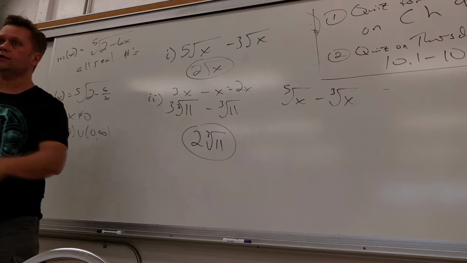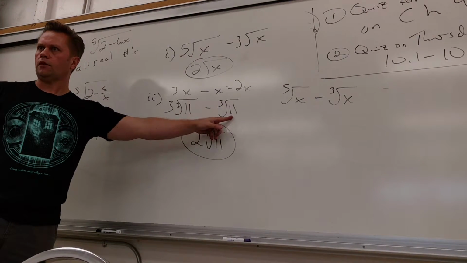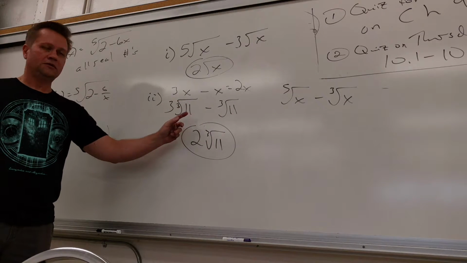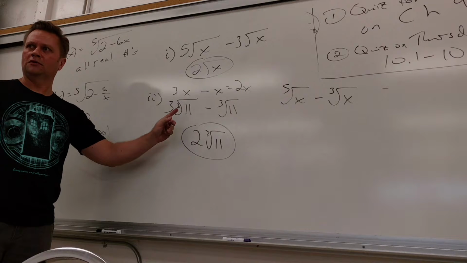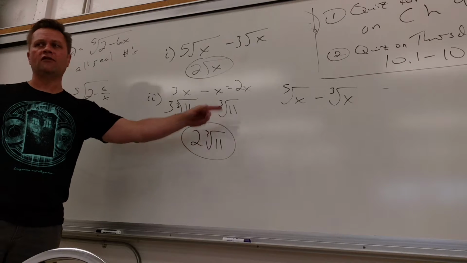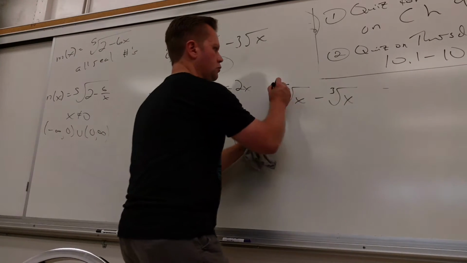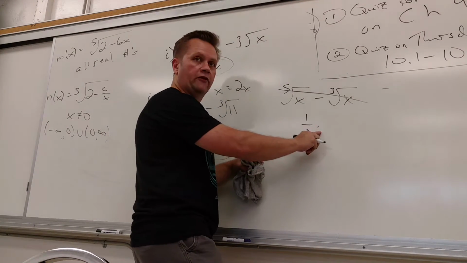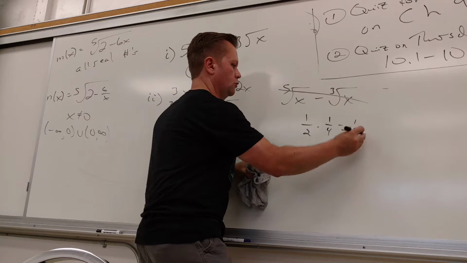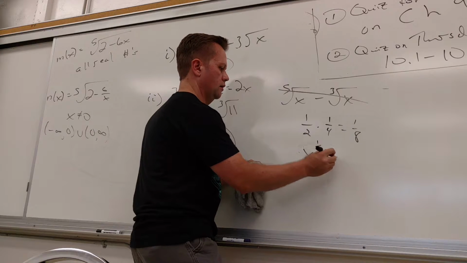So the problem we saw yesterday was, what if they're not like terms? What does it take for radicals to be like terms? They have to have the same insides, base, and the same, everything's got to be the same. I really want you guys to remember, when you multiply fractions, do you need an LCD? No. Hell no. So when you multiply here like this,